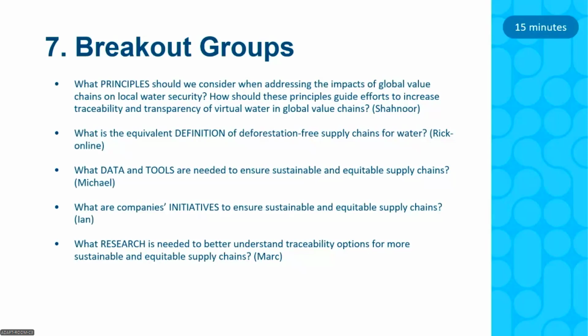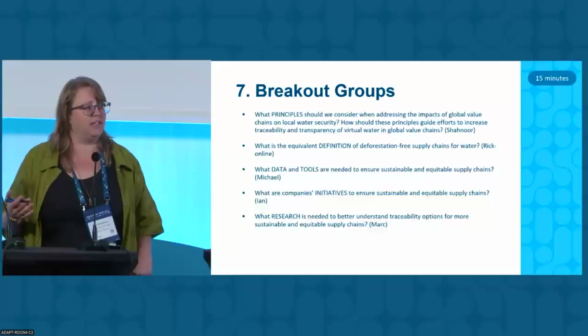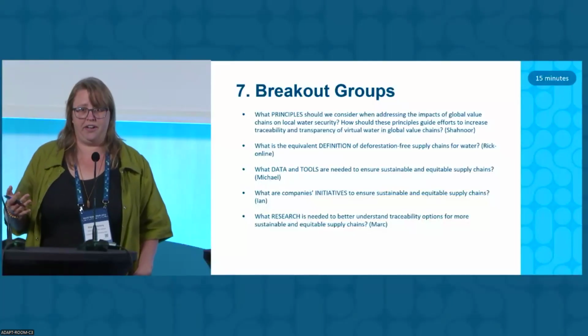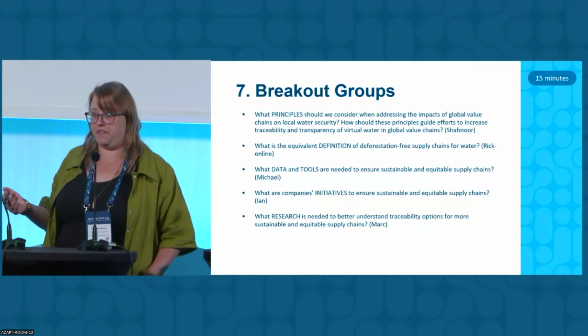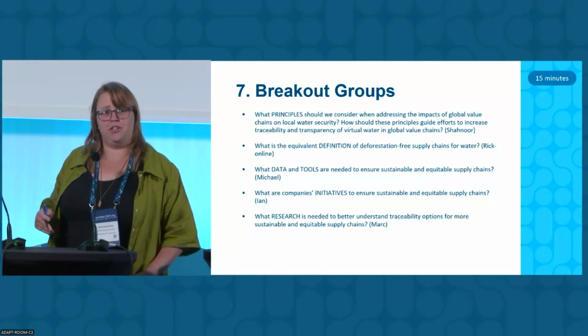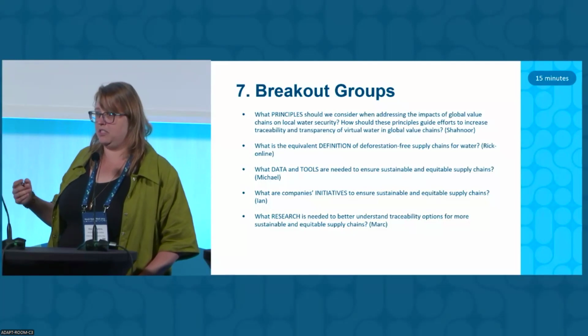I'll ask you in a second how long the participants will have, but we have a set of questions that we've been thinking about in terms of different parts of the conversation that are a roadmap to help move forward. So the first question is just about principles. Let's start with first principles. What principles might we consider when thinking about water embedded in complex supply chains, and specifically how does that connect to the questions of traceability and transparency?